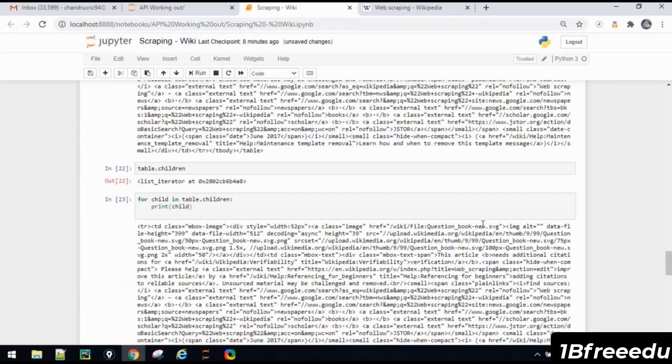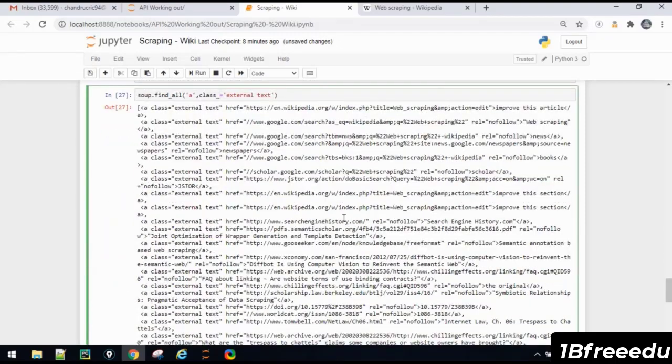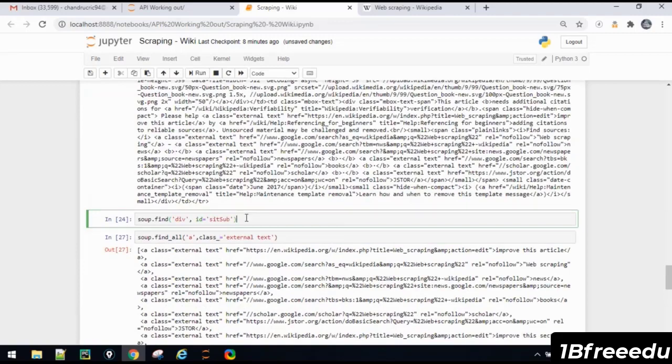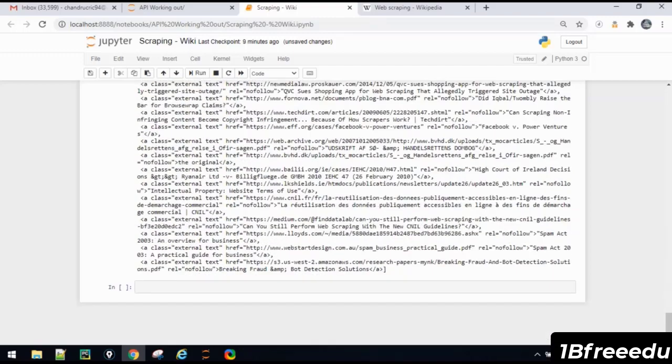That error is gone. So once again, just to show you, yeah, so here inside div, if this particular id is available, then you will get the particular value. If not, you will not get the value. Okay, so just to see whether the particular value is available or not, what you'll do is you can do the print option here, so that everything will be printed. If not, it will show none. Okay, so now what I'll do is, just to show you,